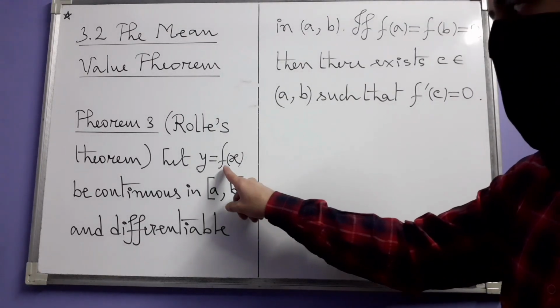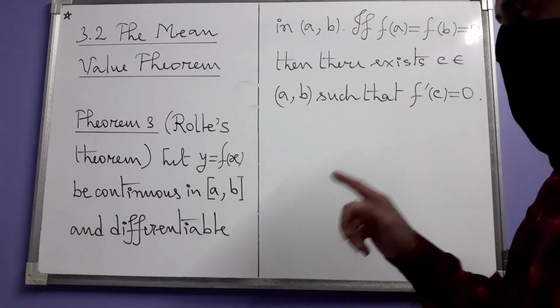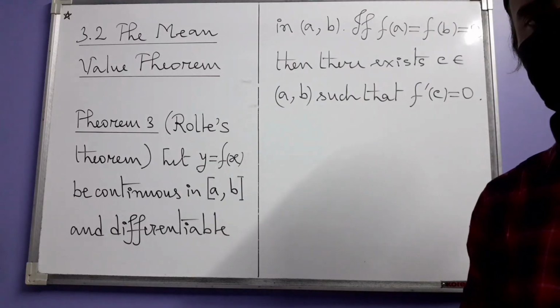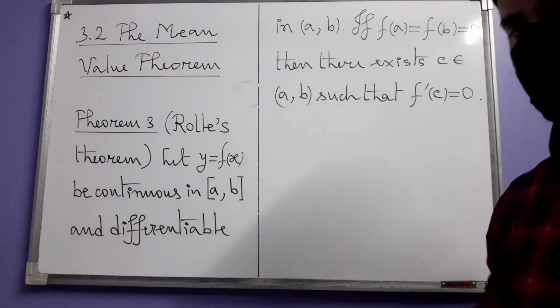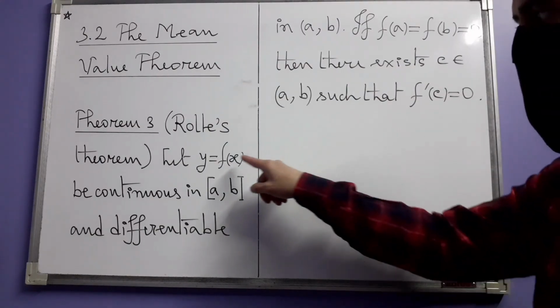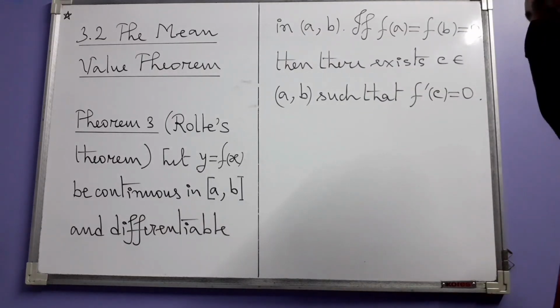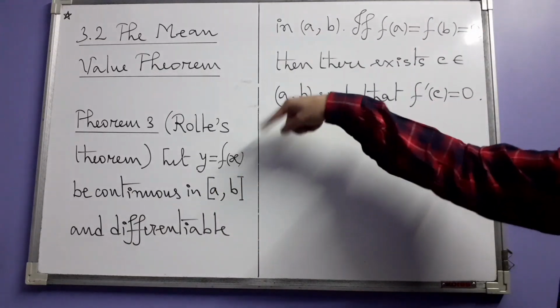So let's see what its statement is. Here we have a function f, y equal to f(x), that means just a function f, which is given to be continuous in a closed interval [a, b]. And you do understand in this context that a is less than b. Those things are already understood. So f is continuous throughout this closed interval at every point, and f is also differentiable in its interior,